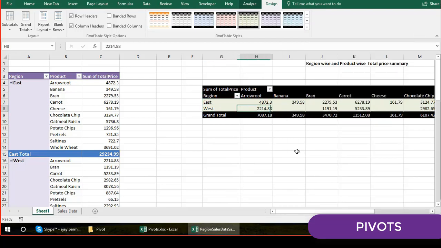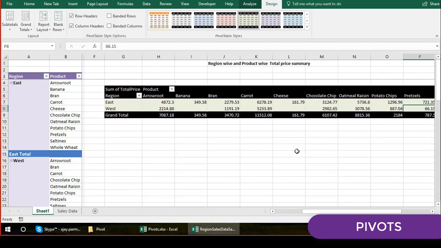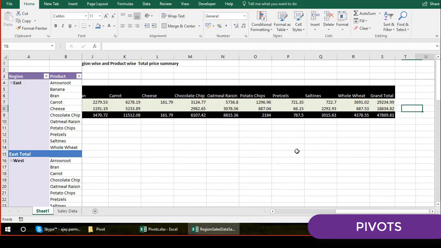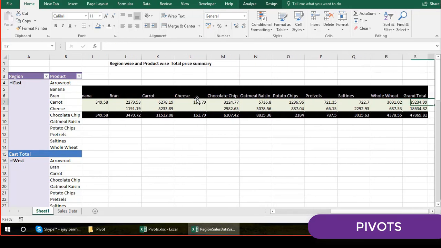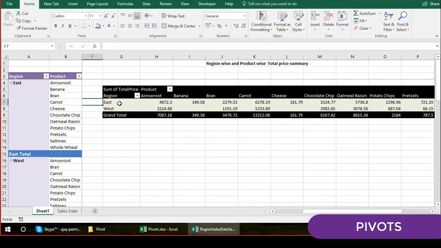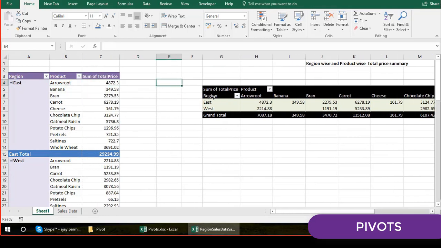So you have the regions here, you have the arrows, so this is really wonderful. In this particular case, it would be better if you use the freeze pane. You can freeze the pane so that your east and west don't move. Right now it is moving basis that cell. So maybe you can create the pivot in a different sheet. Well, I was just telling you about all these options.